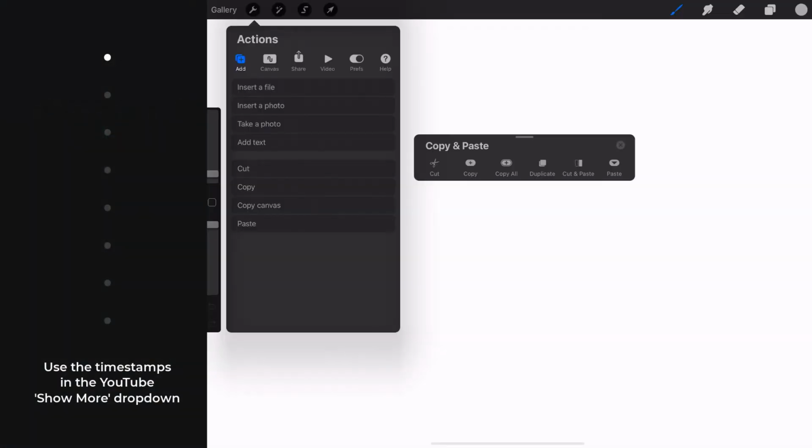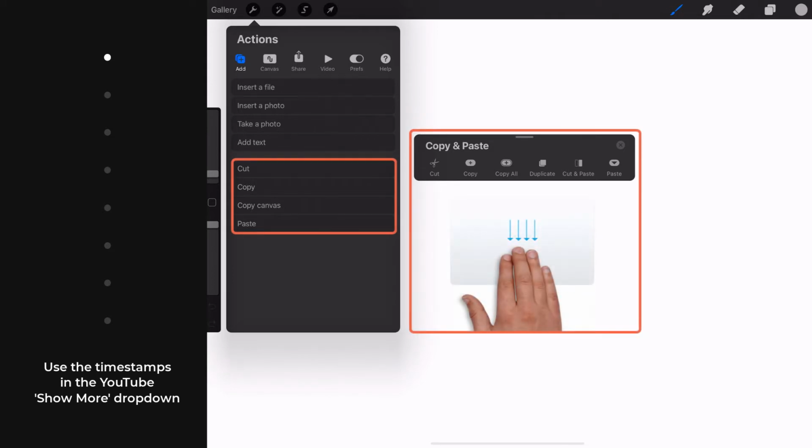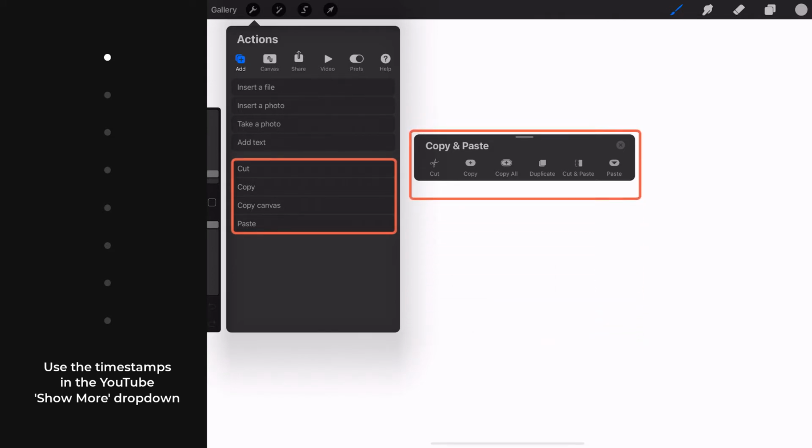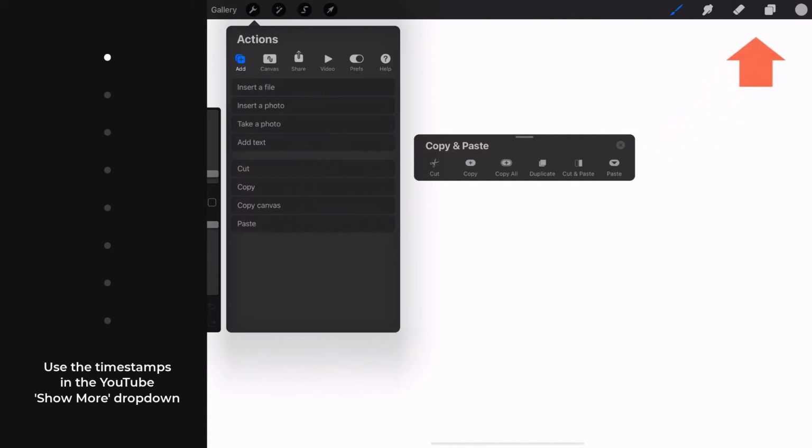The commands we'll focus on here are found in two places: the Actions Add panel, and also in the Copy and Paste panel that appears with a 3-finger swipe. The functionality of these commands is identical, it's just a matter of which panel you choose to open. And the commands discussed in this video tie into a few layer commands that are more fully explained in other